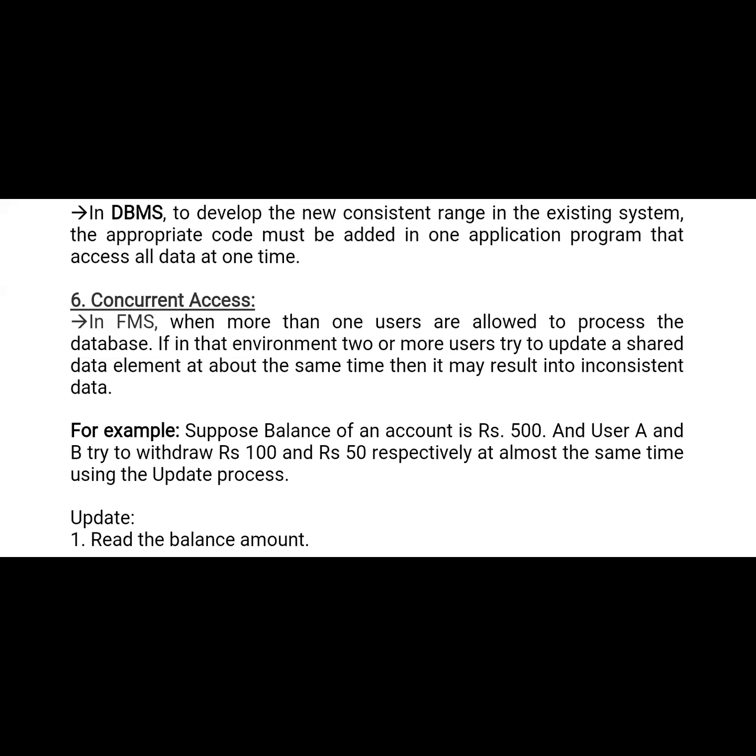In the case of a file processing management system, when more than one user is allowed to access the database, if one user is accessing multiple data elements at about the same time, then it may result in irreversible data loss. That means it will not give accurate data. So in the file processing approach, we are not able to allow more than one user at a time. Okay. And another one is the most